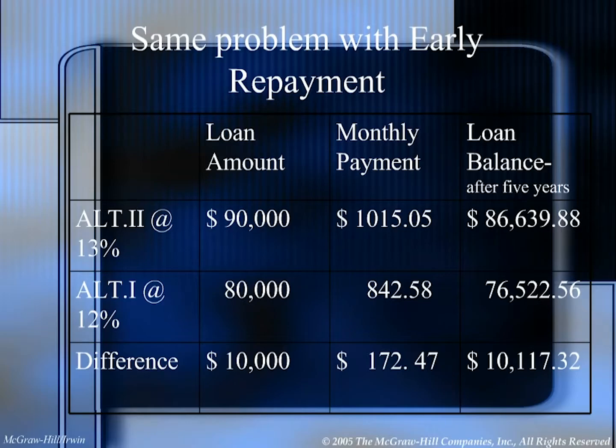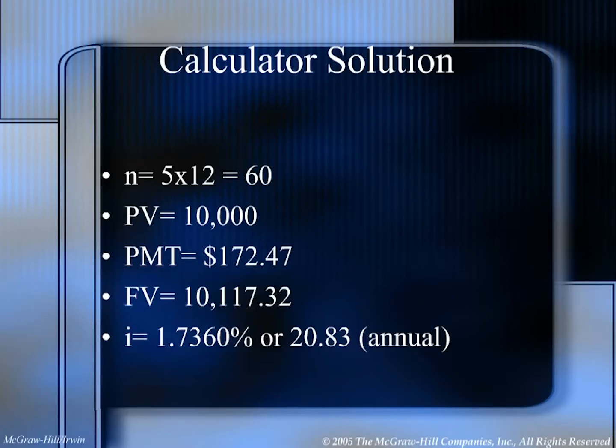Then the difference amount you'd have to pay back between them is the difference between the two loan balances, or in this case, $10,117.32. So now we need to put these in our calculator and say over the 5 years, having to take the payment of the 172 and then pay back the full 10,117, what would be the effective cost? Once we put those in our calculator, again for 5 years, so n is 60, the extra incremental 10,000 is the present value, that would be a negative. The payment that you're going to make for those 5 years or 60 payments, 172.47, and then you have to pay back the rest of the loan, the balance, 10,117.32. Get that monthly rate, multiply it times 12, and you're going to get closer to